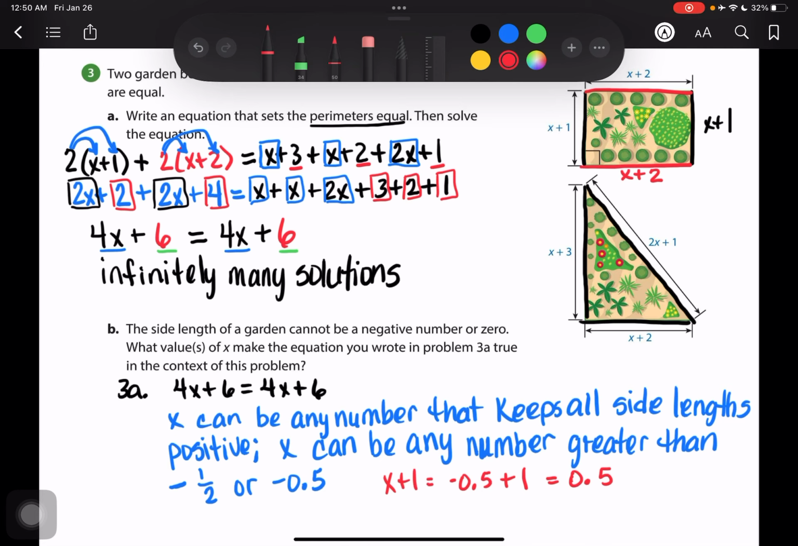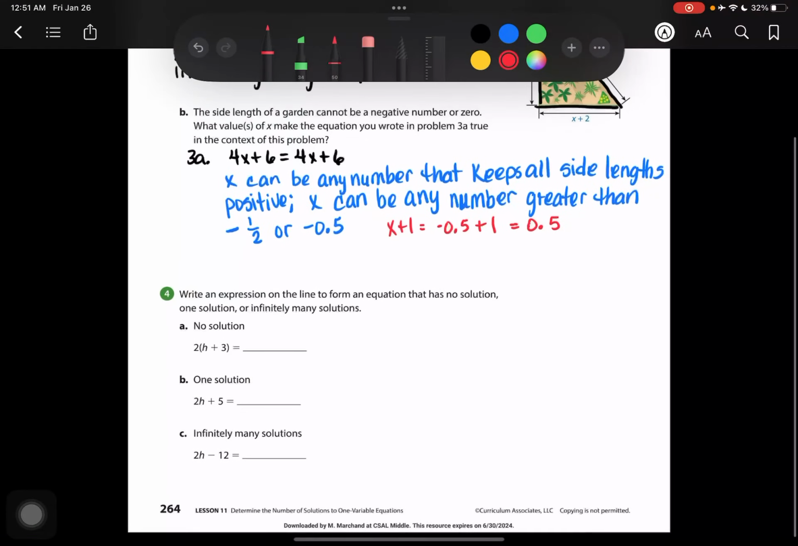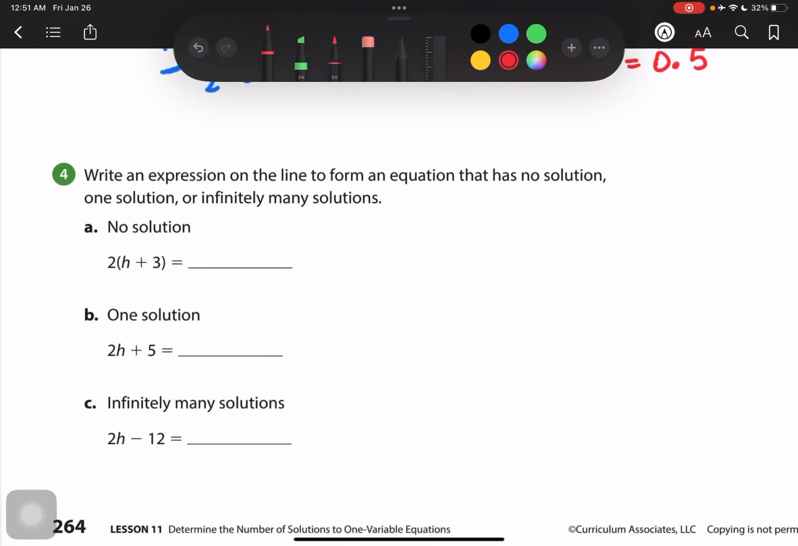Let's look at number 4. Number 4 says write an expression on a line to form an equation that has no solution, one solution, or infinitely many solutions. Okay, for no solution, remember, for it to be no solution,